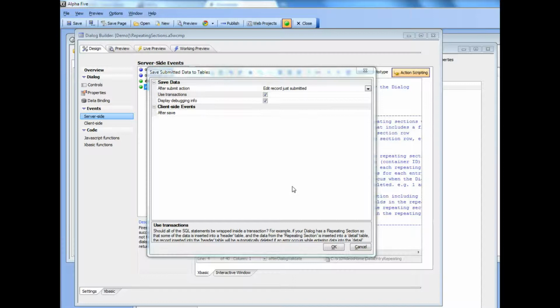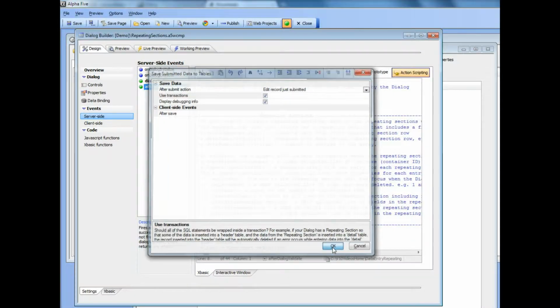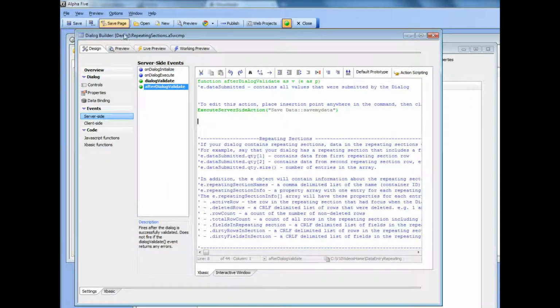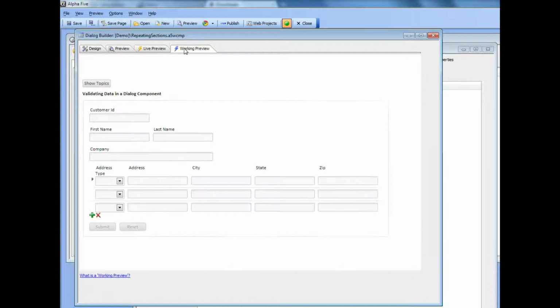So we're continuing our discussion right now on data entry. So into the dialog. Let's go now and click OK, and then save that, and now go over to working preview and start entering a record. So I'll go there and type in, say, customer number 100, and I'll type in Fred